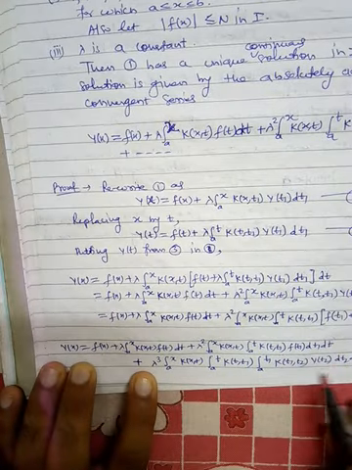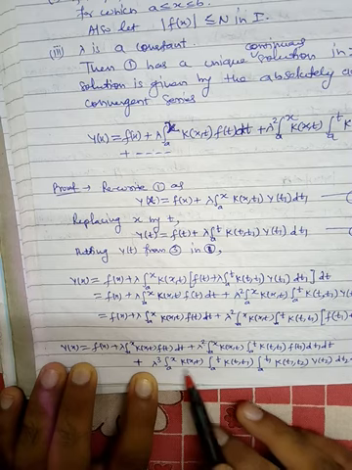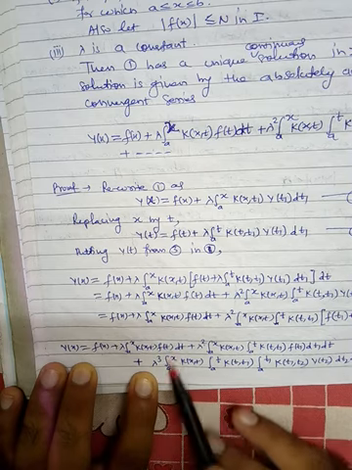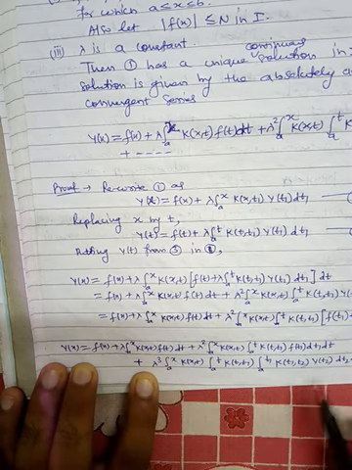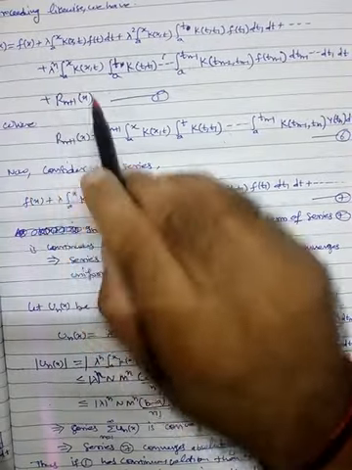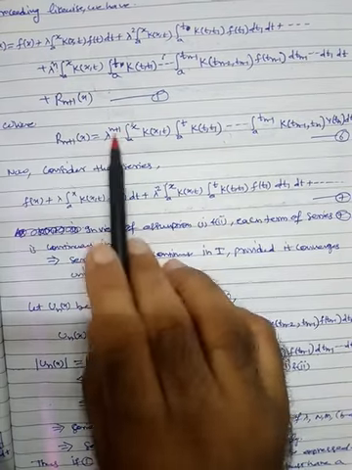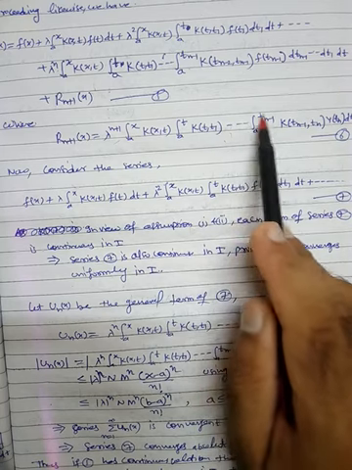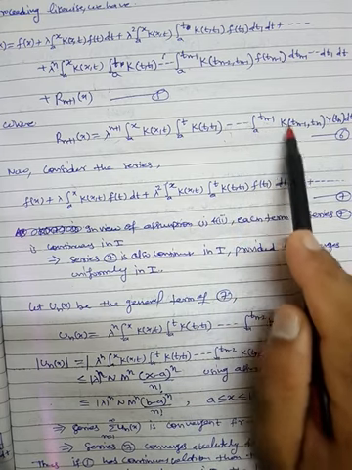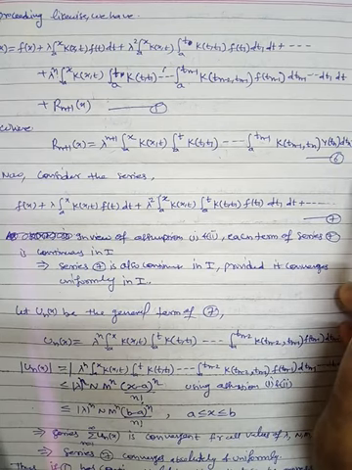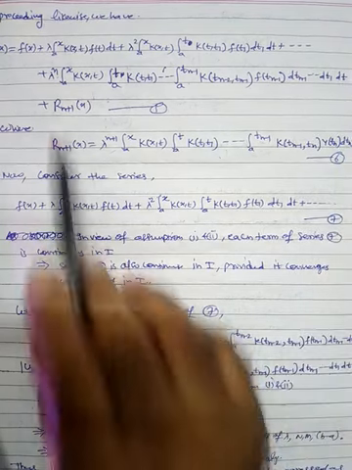This involves y2. Here we have ft, all the terms ft, ft, ft. This is the only term which involves the integral and yt. So this is basically the remainder term, and in general form it is denoted here as Rn plus 1, where Rn plus 1 is lambda raised to n plus 1, integral a to x, k(x,t), integral a to t, k(t,t1), and so on. The last integral is a to t n minus 1, k(t n minus 1, t n) y(t n) dt n, and so on up to dt. This is the remainder term.